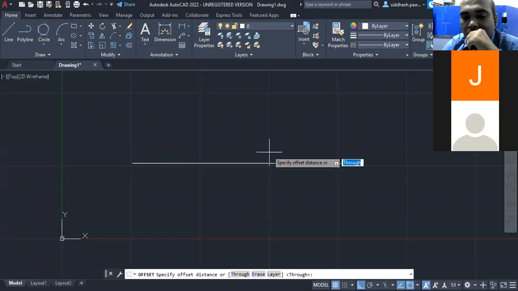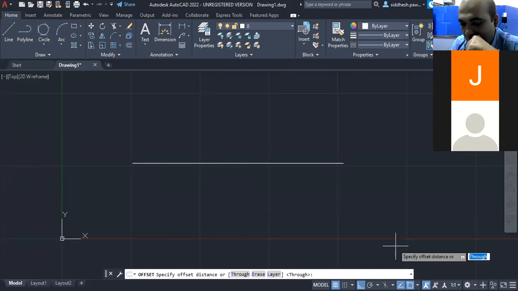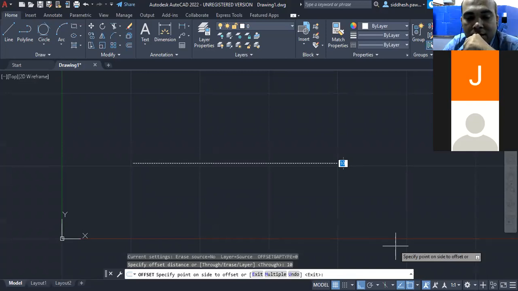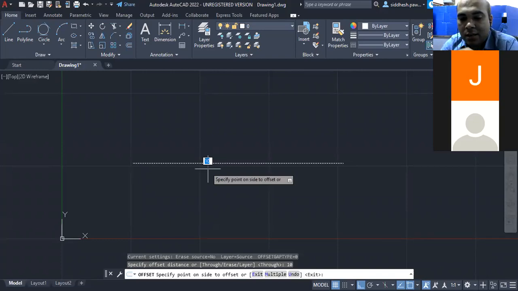So in that case, I'll specify the distance as, suppose I'm giving a distance of 10. Enter. They will ask whether the specified distance you are giving should be on the left side or right side. Okay, so rather than that,